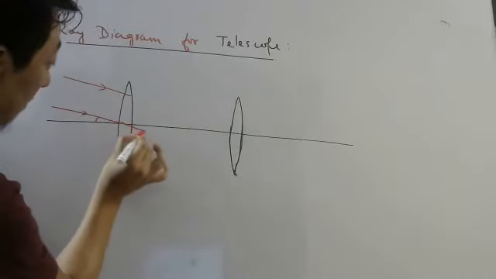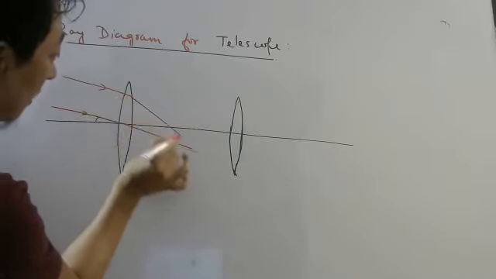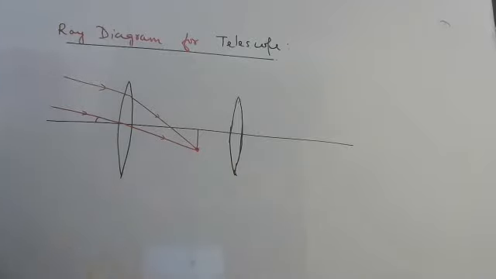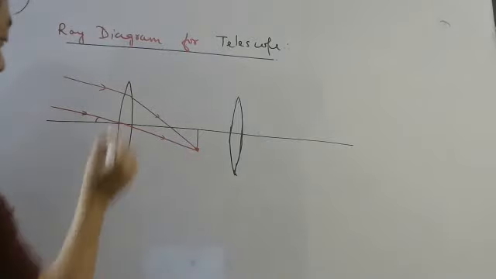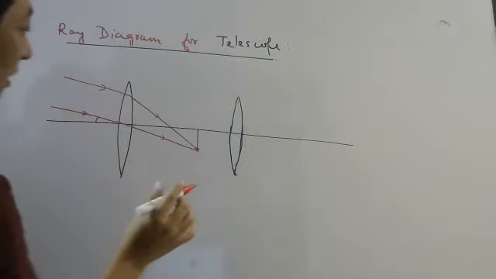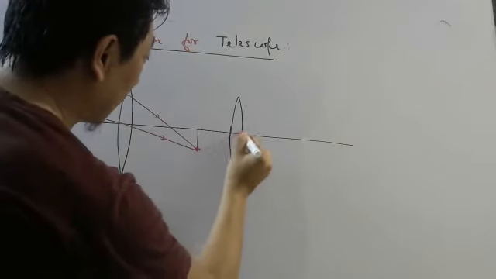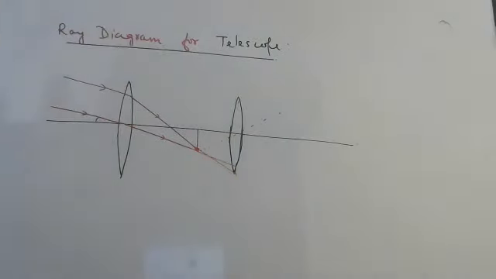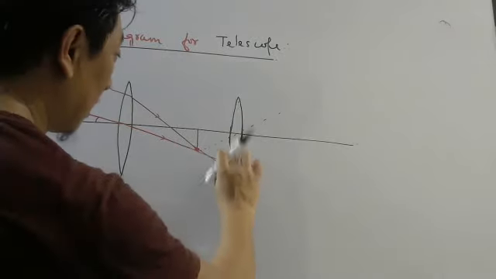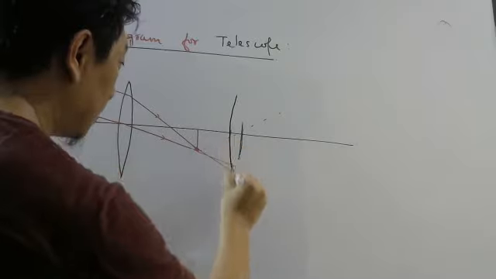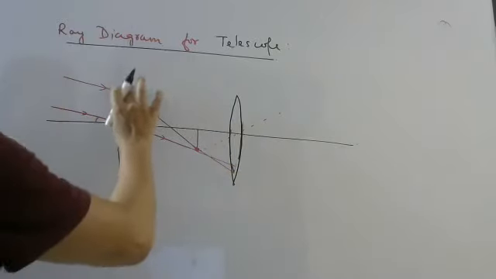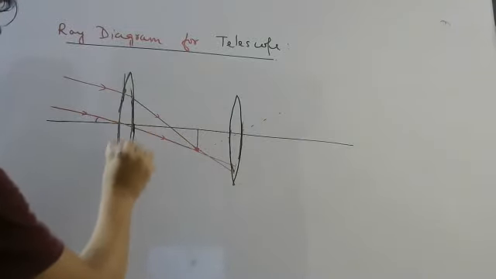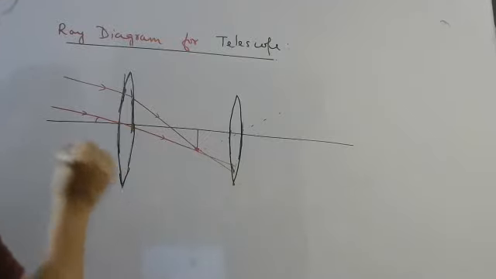So this one will go straight. Remember, you cannot change that. And this one will bend here. Okay. So this is the image made by the first one. So this is the image made by the first lens. You can draw one more if you want, but two rays are enough. Then for reference, you draw this line. Then you can go straight here, then straight here. Again, if you feel like, you can rub this one and make a slightly bigger lens. Okay, so you can increase this one size further. So you can use a scale and rubber and all.